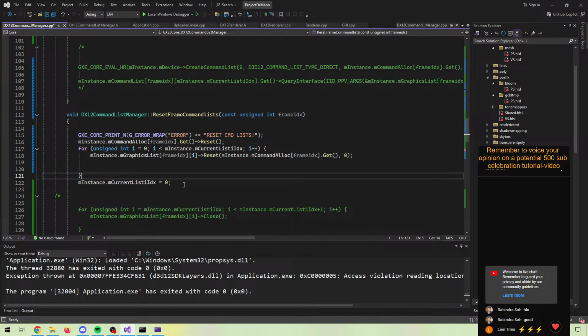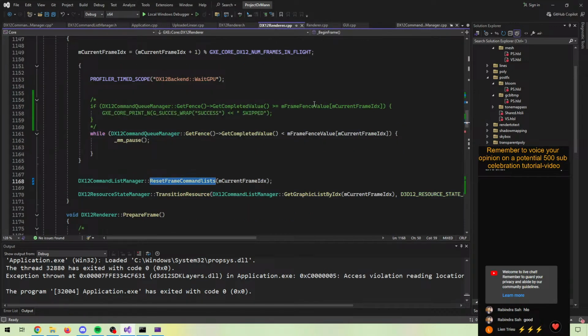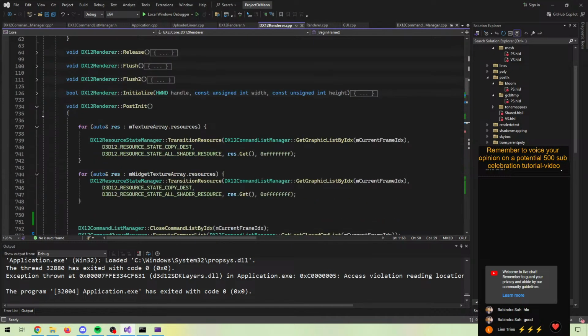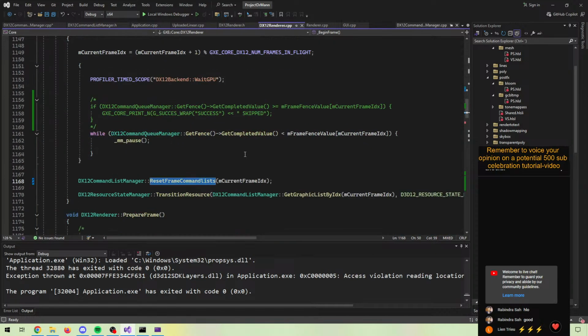So the problem is when we create a new command list and don't close it. So I'd imagine that during the start of our frame here,